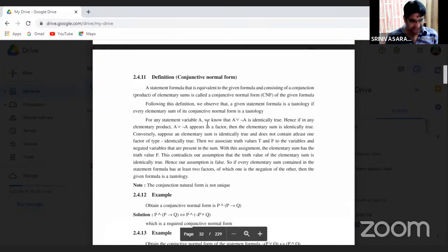Now consider the variable is capital A, that is the statement. A or negation A is identically true. Here, the conjunctive normal form part is A and negation A. That's enough, there is no doubt. Here the part A and the negation A is a disjunctive part. A or negation A is identically true. So this is the concept of conjunctive normal form. It is defined from elementary sum. Now it is from a tautology. Hence, if any elementary product has A or negation A as a factor,